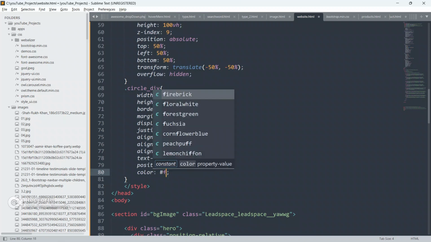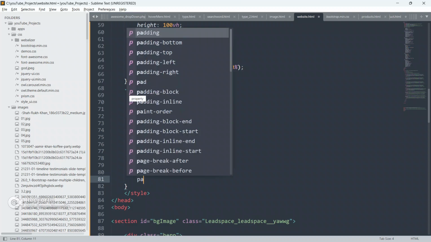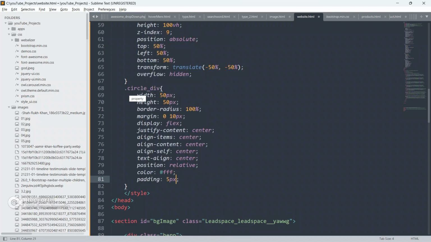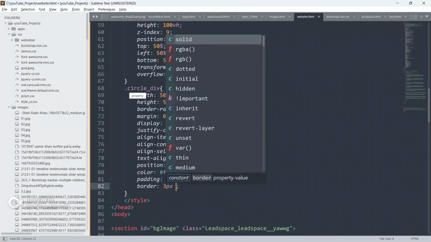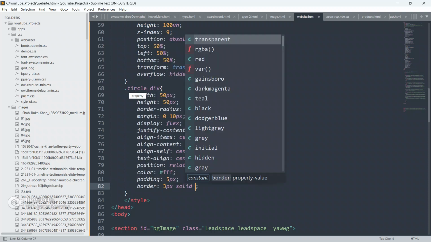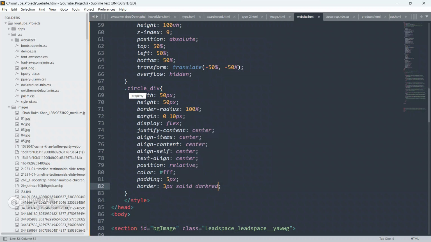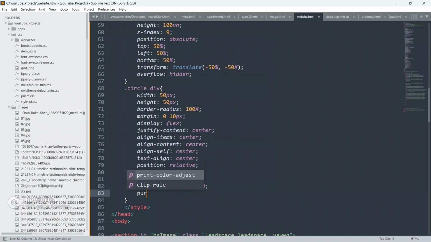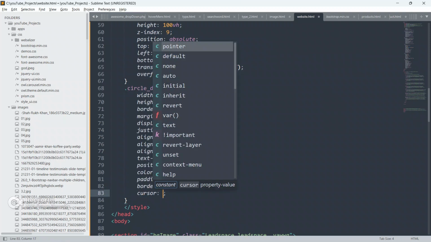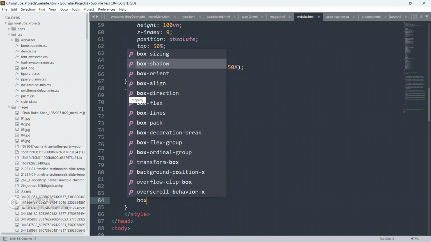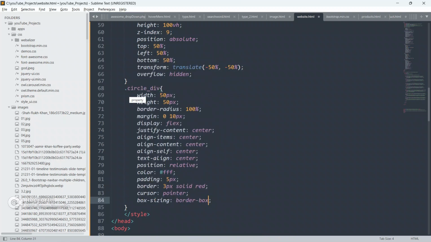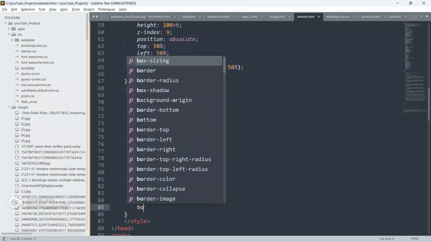Put position as relative, color as white, padding 5px, border 3px solid red. Put cursor as pointer, box sizing as border box.